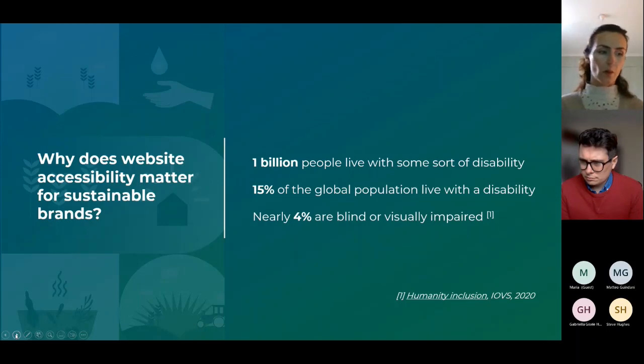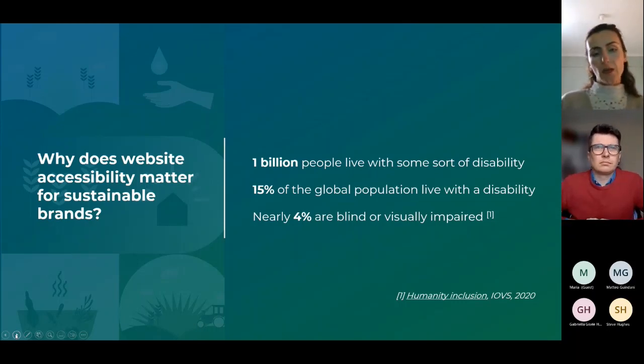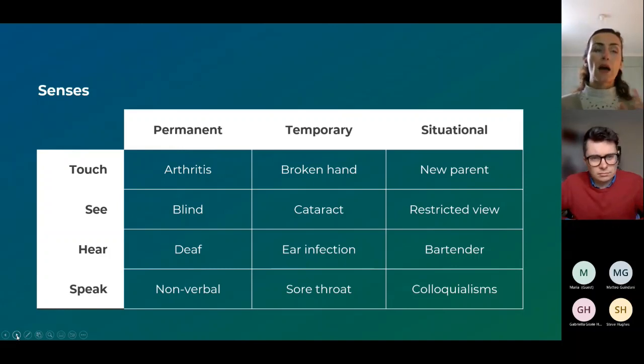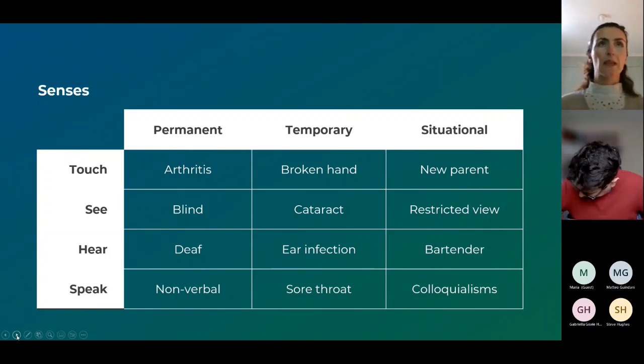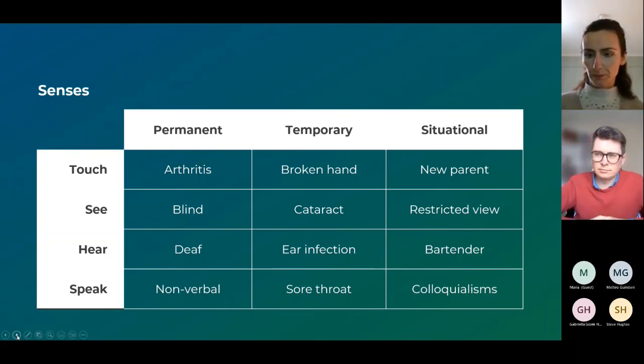We've already worked with founders who had some of the investors using screen readers, so they were particularly aware of the necessity to make sure their website had high accessibility standards. So I'll leave the floor to Mark to cover how those disabilities can take different shapes and also be situational.